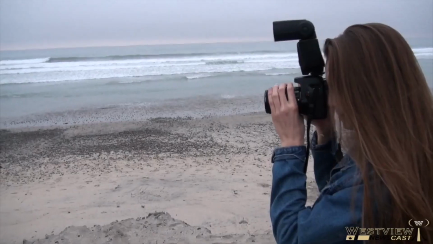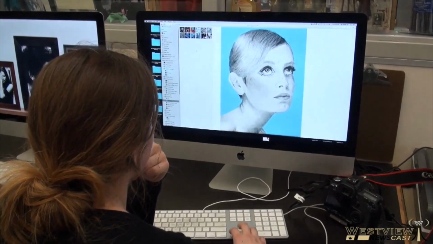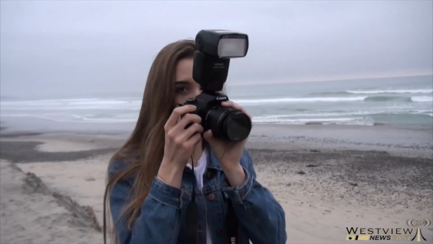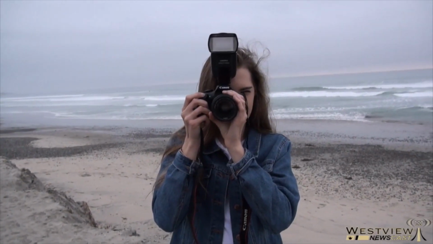Photo is a very fun elective where first you get to learn how to use a film camera and develop your negatives in the darkroom, and then after that learn how to use a digital camera and edit your pictures in Lightroom and Photoshop. You get to be really creative, and it's a really fun environment because everyone's just kind of working together, and the teacher is a lot of fun. You have to take some pictures outside of class, but it's a really great experience and I'd recommend it to